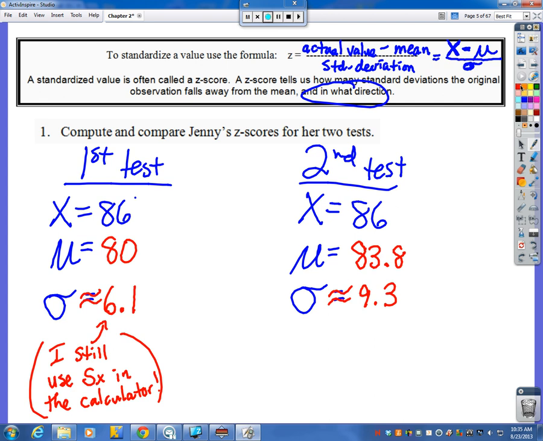So now, let's compute our z-scores. So the z-score on her first test, she scored an 86. We're going to subtract away the mean. She was 6 points away from the mean. But with the standard deviation, which is a measure of spread, each standard deviation is 6.1 percentage points, okay? So she's 6 over 6.1, and we're going to round this here. We're going to be basically almost at 1. So 6 divided by 6.1 is approximately